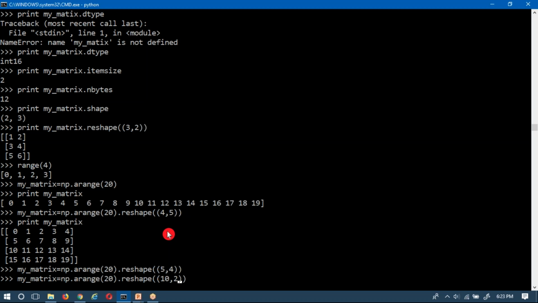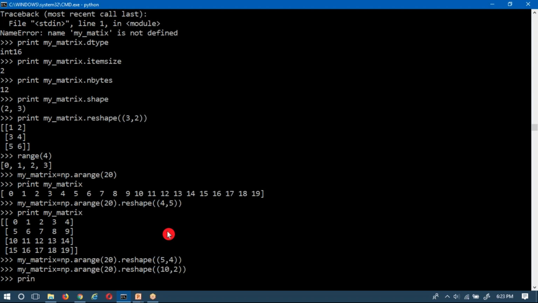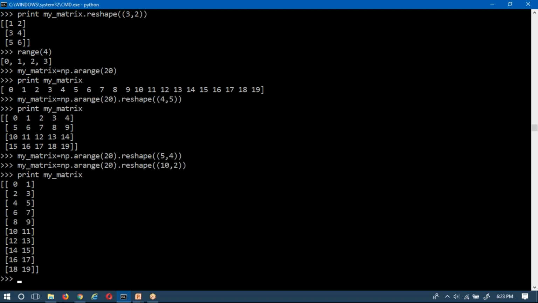So a 10 by 2 order is possible with 20 elements. Now if we print your matrix, that's it. This is the way to create your arrays using numpy methods. There are so many methods, and just now we used only the array and arange methods.